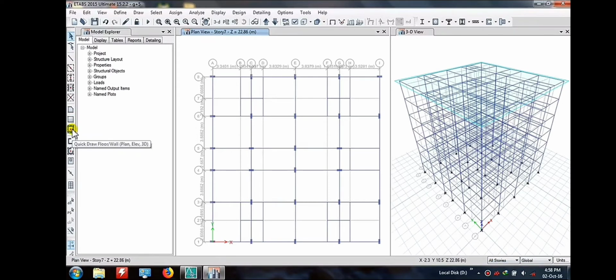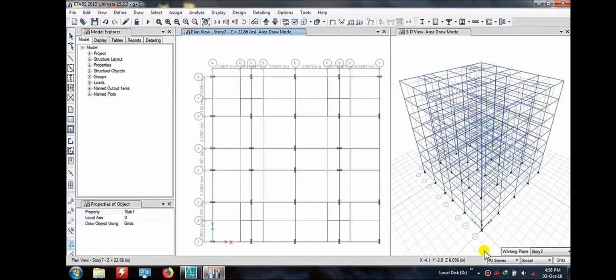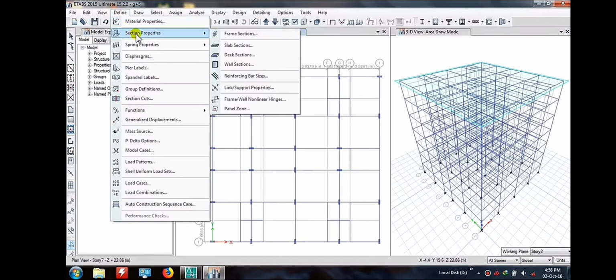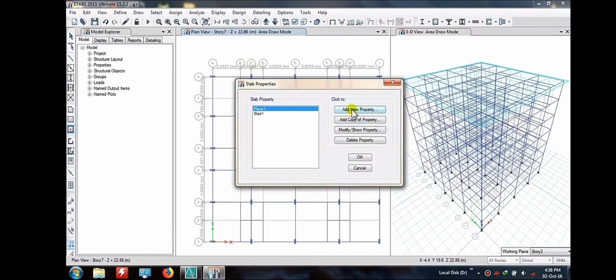Now we are going to assign our slab system. So we are going to select the slab and we are going to draw that. And here what you have to do, you have to define the material property for your slab, the size and the material property.